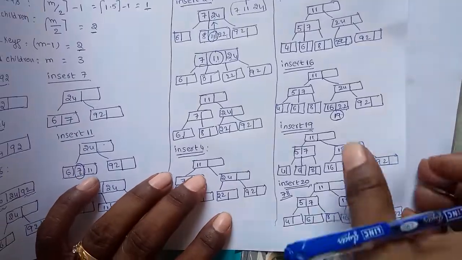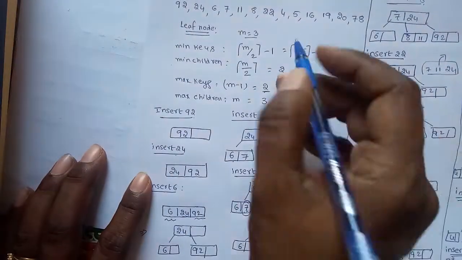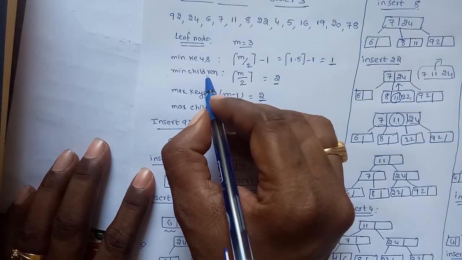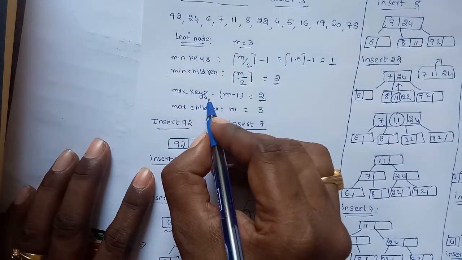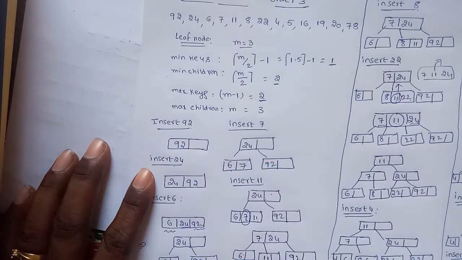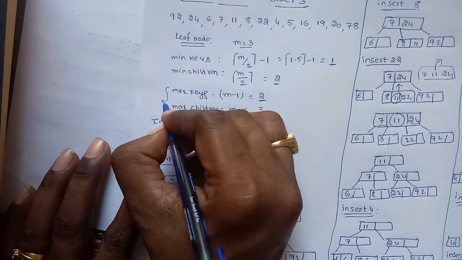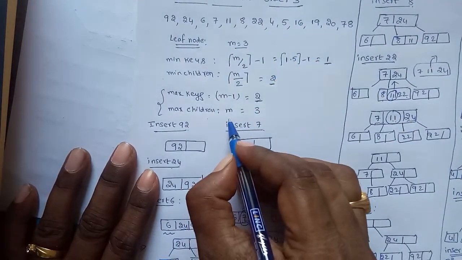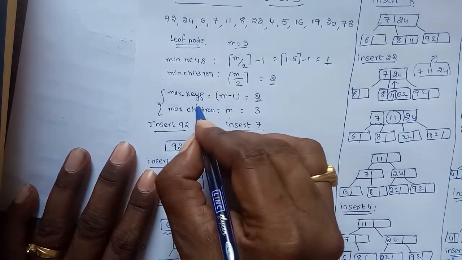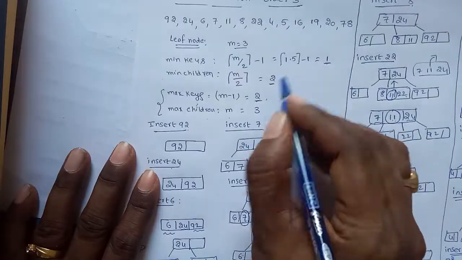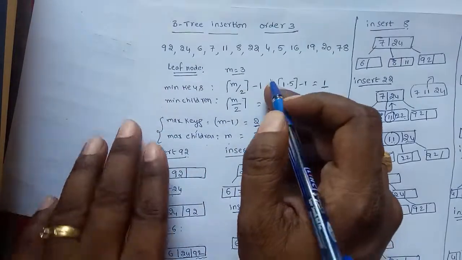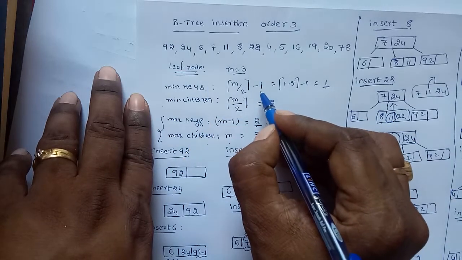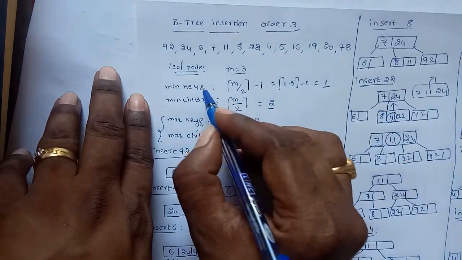This is the final tree. Observe each and every step. First, given an order, identify the minimum number of keys and minimum number of children. Similarly, maximum number of keys and maximum number of children. Here maximum is very easy to remember. If the order is m, maximum children are m and automatically maximum keys are m minus 1. Minimum children are m by 2, minimum keys are m by 2 minus 1. Remember, keys are always one less than